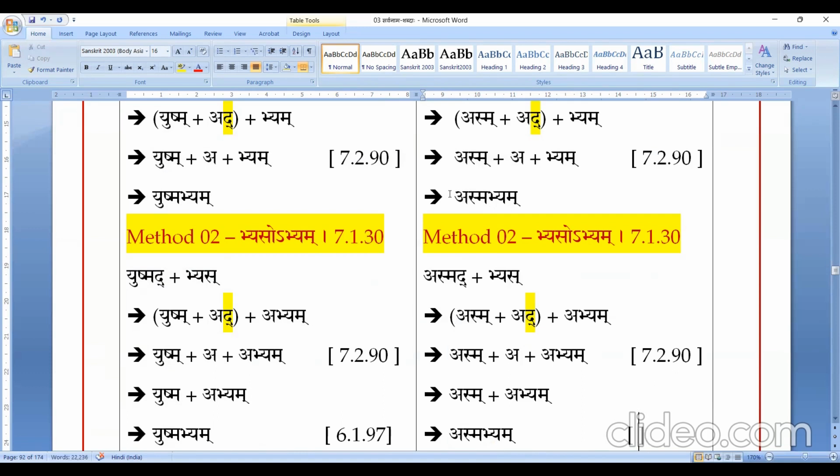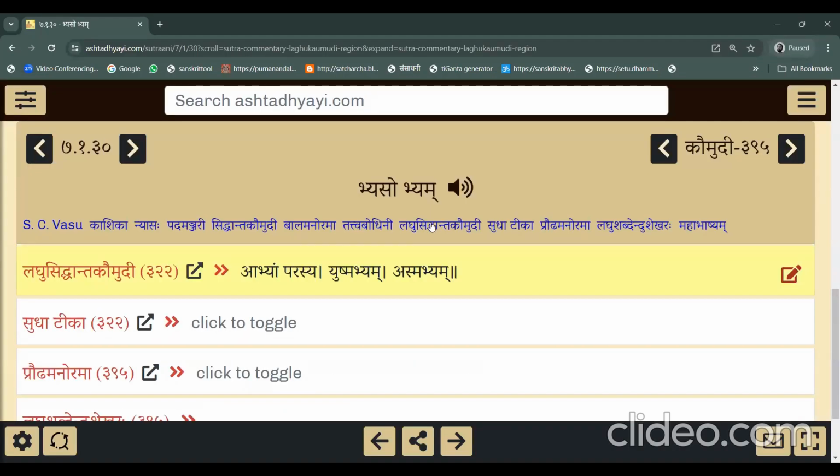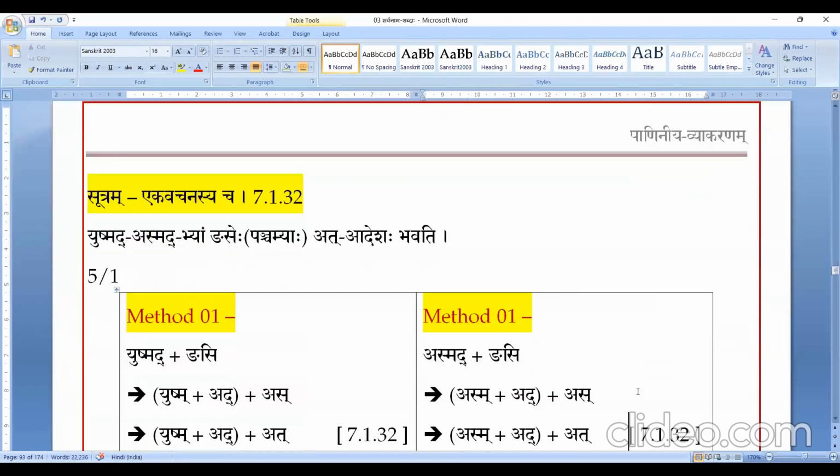That's why Siddhanta Kaumudikara says you can take Vyam or Abhyam. But the Laghu Siddhanta Kaumudikara method we can do. There we have to take Ti Lopa, which means you have to take it as Vyam only. Laghu Siddhanta Kaumudikara, Abhyam Parasya. Abhyam Parasya means Yushmadasmadbhyam Parasya Yasagastane Vyam Adesha Bhavati. So here there is no Kalpa. Yasabhyam only. Okay. Then